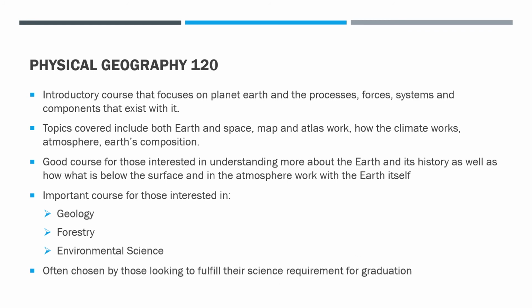Looking for something different? Always been fascinated by what you see when you're driving on the highway and the rocks on the side of the road don't run parallel to the road? Maybe physical geography is your course. It's an introductory course that focuses on planet Earth and its processes, and it looks at the components that exist within it. You'll learn about the Earth and space, as well as do some map and atlas work, talk about how the climate works, talk about atmosphere, and also about the Earth's composition, including the crust and the inner core